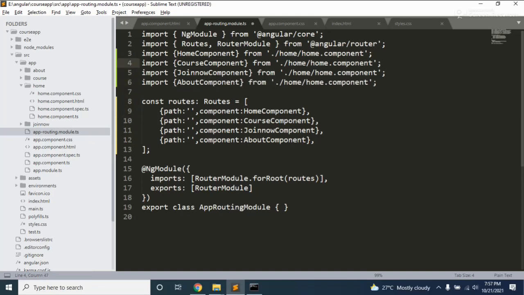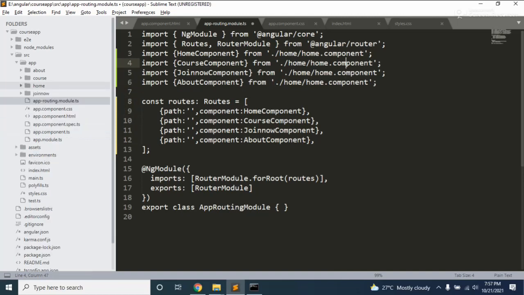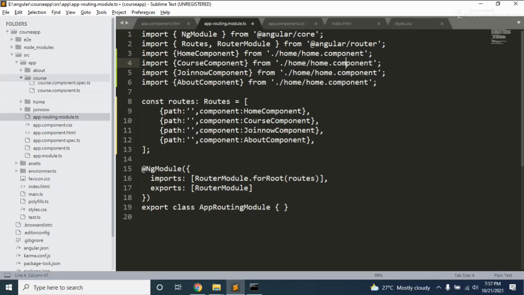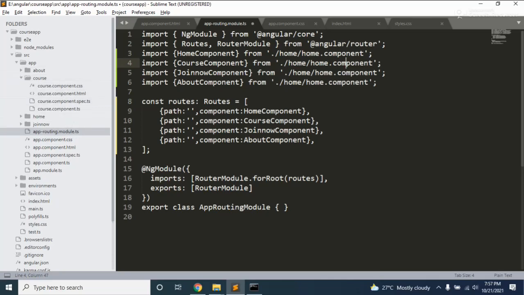So in this we need to check it out. This is the course component, so I am just going towards the course component, and this is the course component, right? So we need to use this course component. Here we need to add course, right? The third one is the join now component.